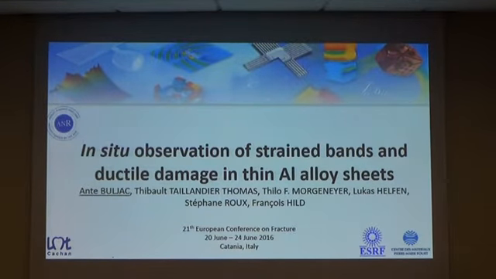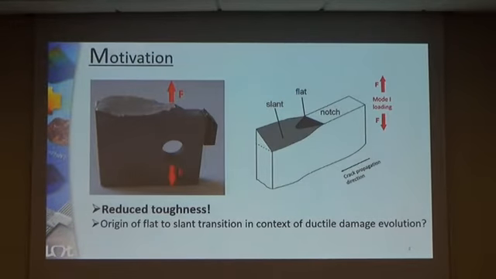Today I will talk a bit about laminography and digital volume correlation applied to sheet samples made of aluminum alloys. It has been commonly reported during the mode 1 opening of the compact tension specimens that the final crack starts to propagate in a flat manner, then it tilts and continues in a slanted manner. Compared with the same specimens broken under pure mode 1 condition, this results in a reduced toughness.